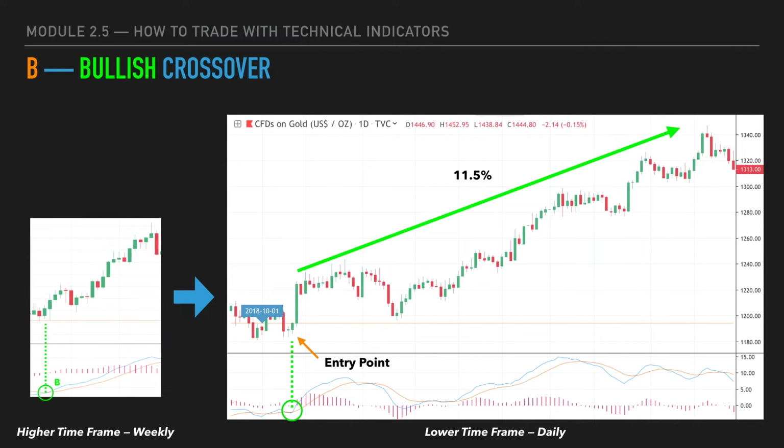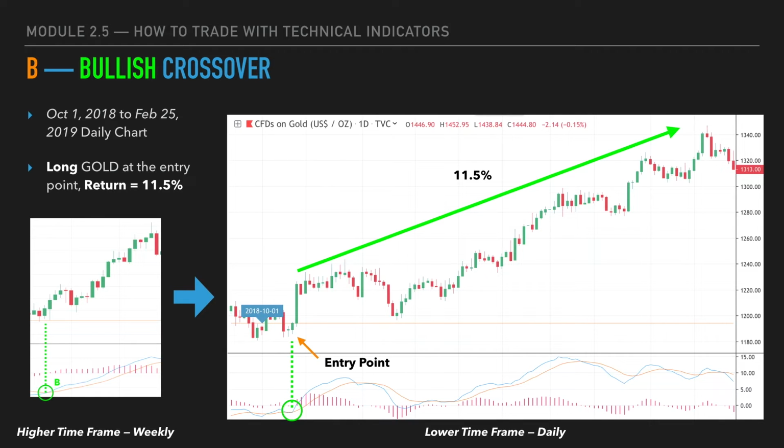At the bullish crossover B, the market turned from a short-term downtrend into a short-term uptrend. So in the daily chart, we can see a clear uptrend from October 1st to February 25th, 2019. In the lower time frame, we find our precise entry point. We enter our long position on October 1st, 2018, and that results in an 11.5% return before the